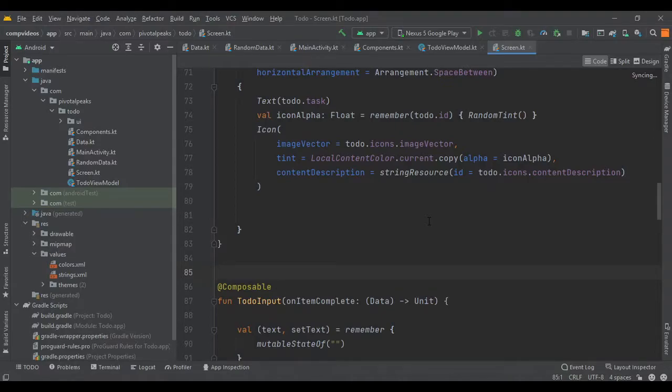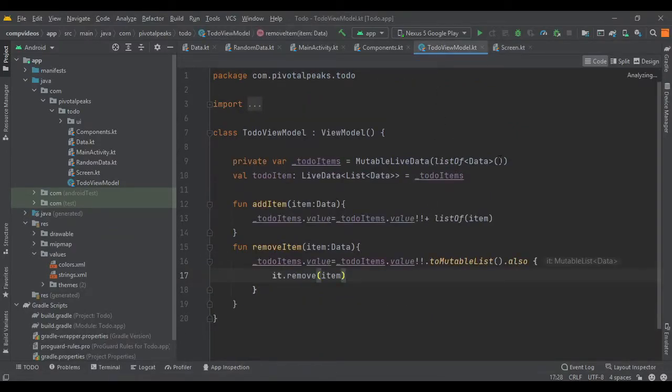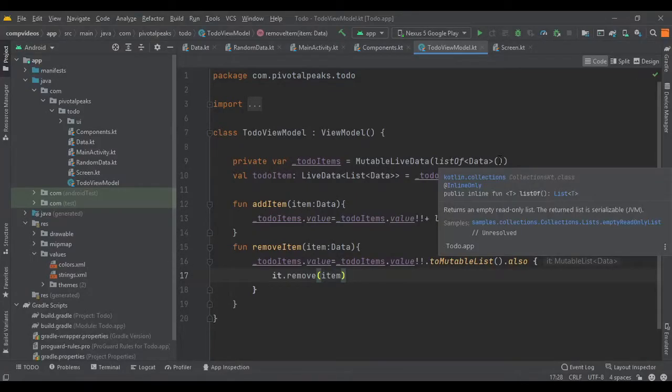In this video we are going to learn how to edit the to-do items. So for that we need an editor. The editor is going to be derived from the list, and it will also mutate the list. So it should live next to the list, and the list is inside our to-do view model here. So that's where we are going to put the editor.